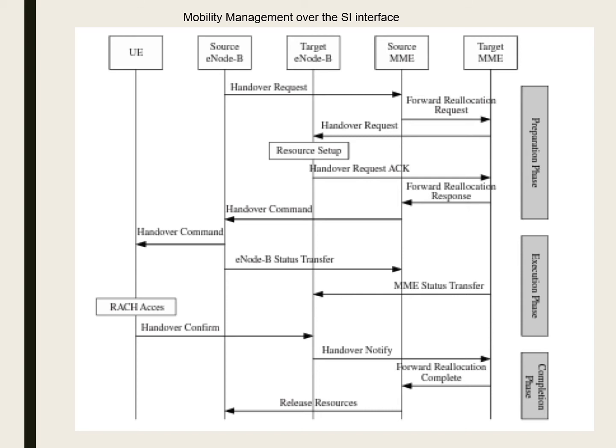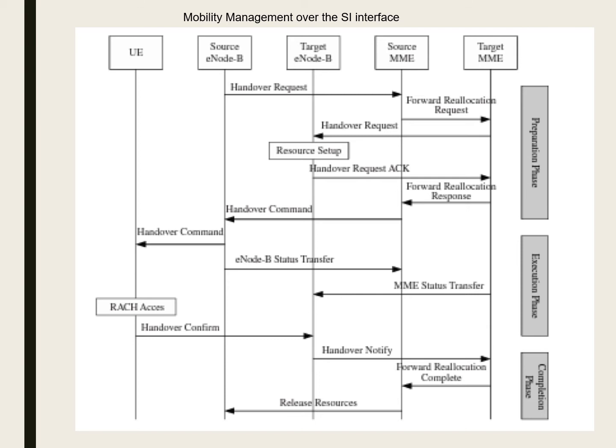You can make out here, starting at the source eNode, it sends a handover request to the source mobility management entity. Once it receives the handover request, the source MME forwards that relocation request to the target mobility management entity. Now the target mobility management entity informs the target eNode. Once the target eNode comes to know about the handover request, it creates a resource setup, and immediately after this resource allocation,